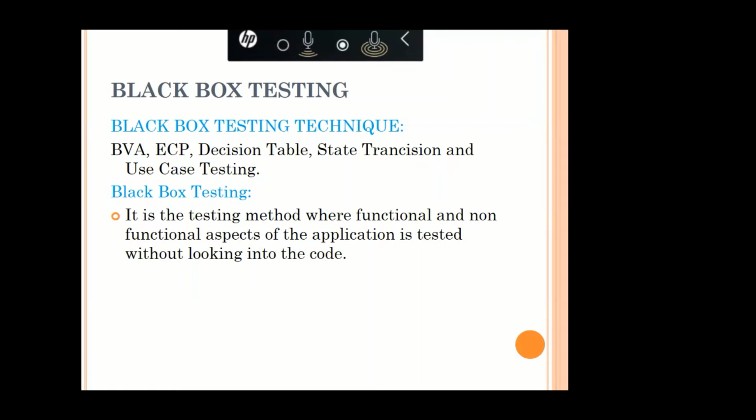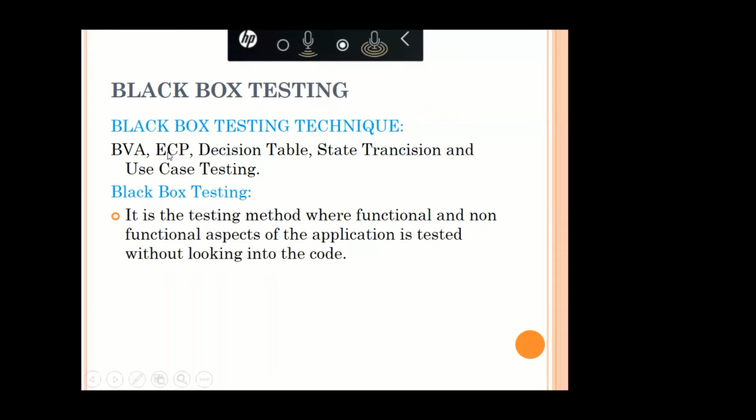In boundary value analysis, first we have to divide it into three parts: minimum value, mid value, and maximum value. The minimum value is 0, the maximum value of the speed indication is 120, and in between the mid value is 60. So we follow that process. We test 0, 60, after that 120, and in between we also check. That is boundary value analysis.